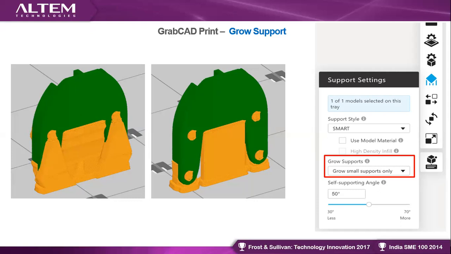Exactly, sir. If you have a hole to drill in future, you can choose the no support option. What will happen is it will just make a reference and make the diamond shape on the hole. But in future you can just drill it off. So if we want to reprocess the hole, we can use that option. Yes, you can use that option. To save material, we have to use grow small support only. Yes, you can choose the grow small support option. Right. Thank you.